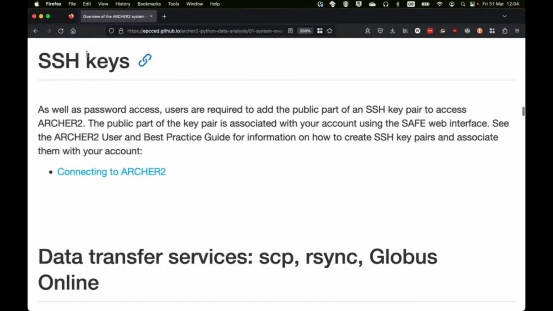We already talked about the SSH keys, so those are really as secure as can be anyway. You've probably already created them and added the public part of that key to your ARCHER2 account. The important thing just to remember here really is that SSH keys are secure mainly as long as you always ensure that the private key never leaves the system that